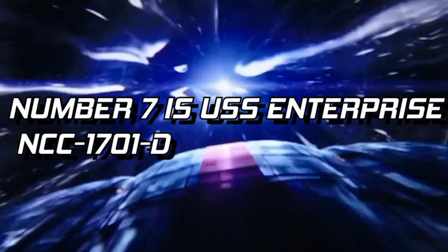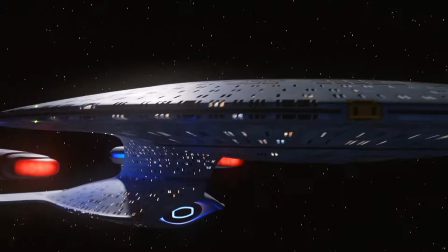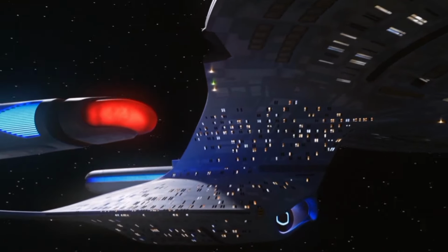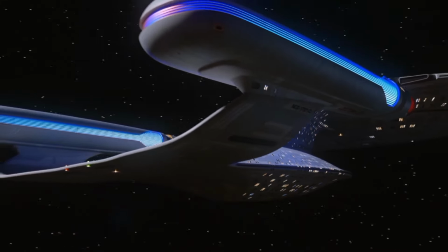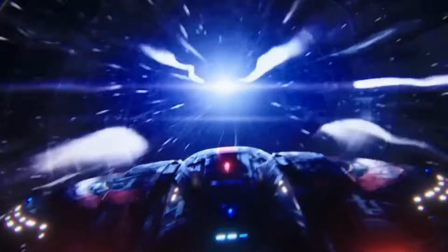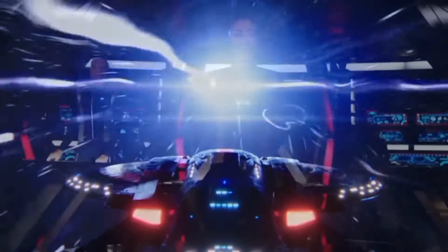Number 7 is USS Enterprise NCC 1701D. With each new redesign, the Enterprise gained size, and the USS Enterprise 1701D, which dwarfed the well-known and iconic NCC 1701 model, joined Starfleet as the biggest ship to bear the name ever. The Enterprise D, the most renowned starship from Starfleet's remarkable Galaxy class, was put into service in 2363 and served